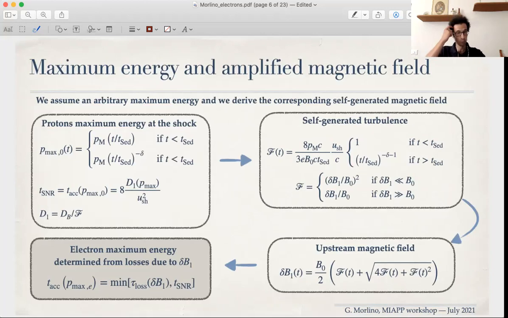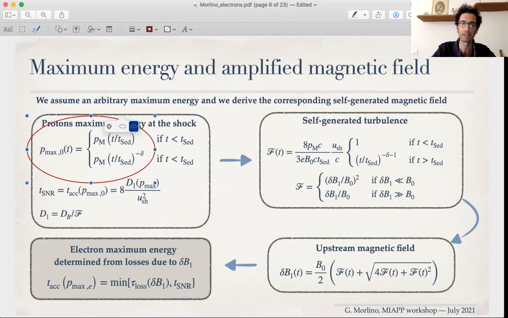In this work, we do a sort of inverse estimate of the maximum energy. In this sense, usually people estimate the amplification of magnetic field. From this, it is inferred the maximum energy of particles. We are doing the opposite. Namely, we assume some